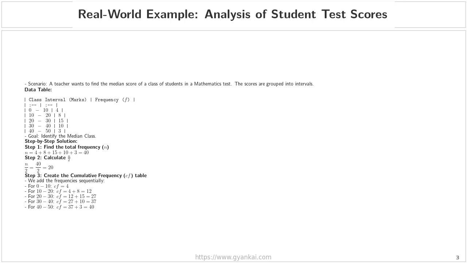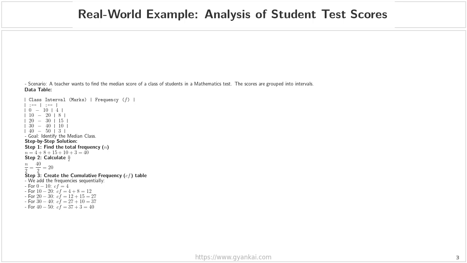We calculate the cumulative frequency, or CF, by adding the frequencies sequentially. For the first interval, 0 to 10, the cumulative frequency is just the frequency itself, which is 4. For the next interval, 10 to 20, we add the previous cumulative frequency of 4 to the current frequency of 8, giving us 12. Moving to the 20 to 30 interval, we add 15 to 12, which brings us to